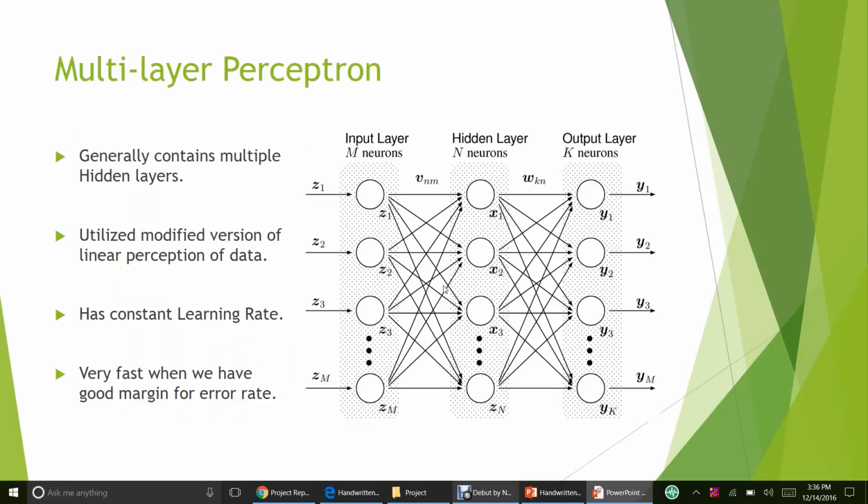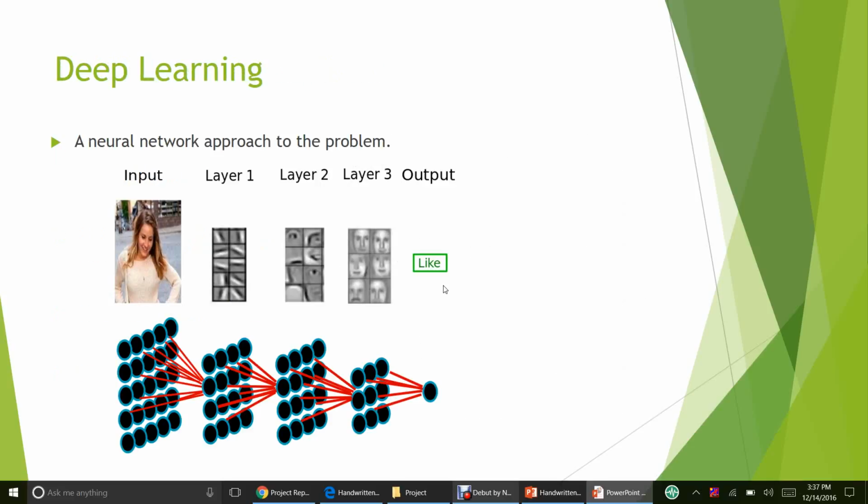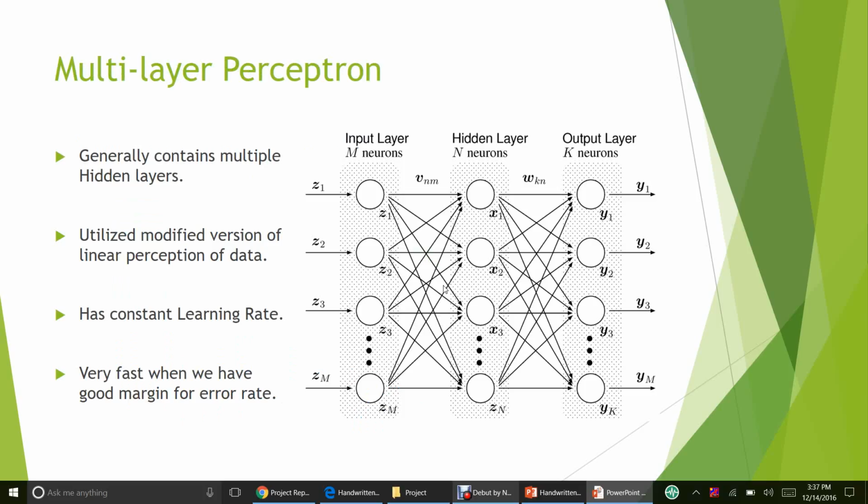So deep learning has various methods. Under machine learning, there's deep learning, and inside deep learning, there are various more methods. One of them is the multi-layer perceptron. Multi-layer perceptron is the same as the deep learning concept, but just that